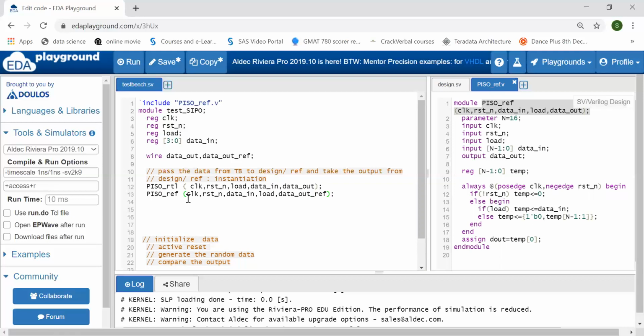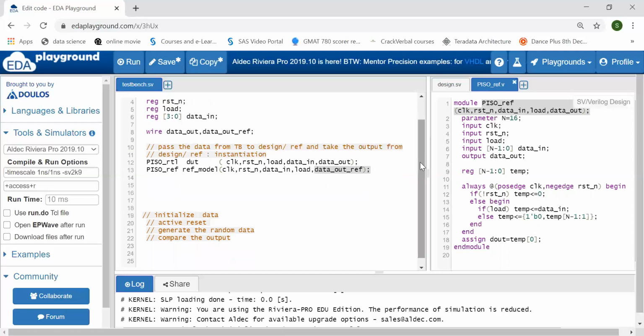You can see I am giving the same inputs to my design as well as my reference model. DUT means design under test. So clock, reset, load, data in are the same inputs, and the outputs are different, data out and data out reference. I'll be comparing these both outputs.